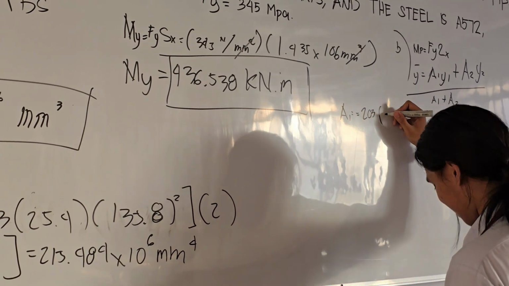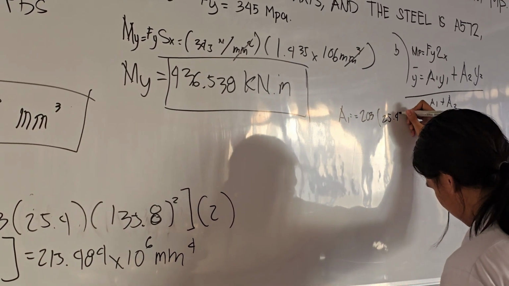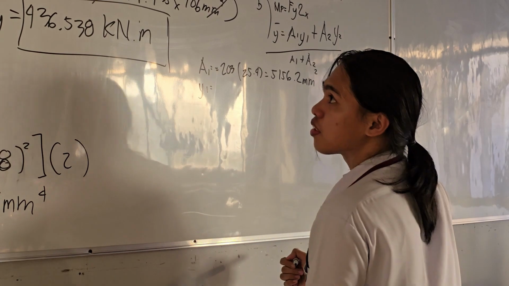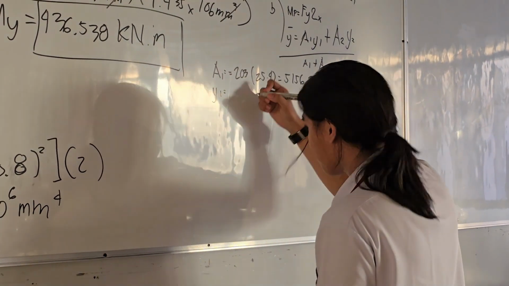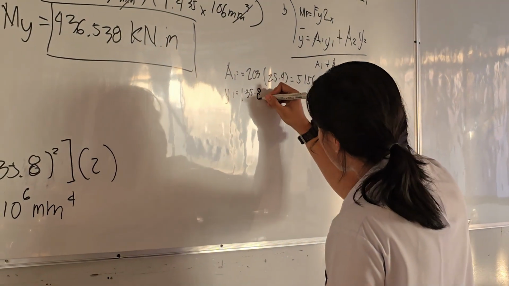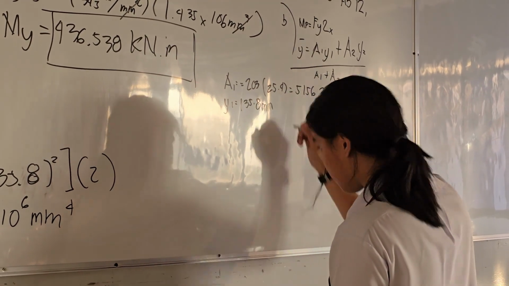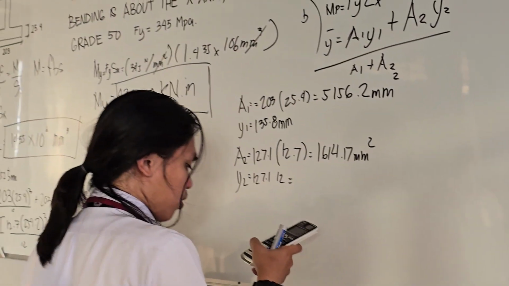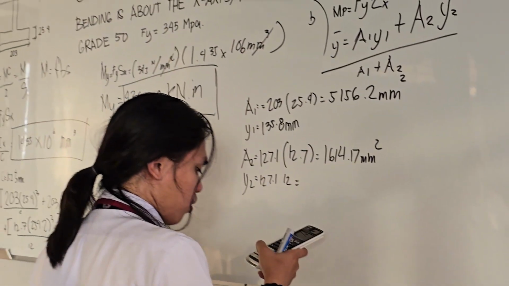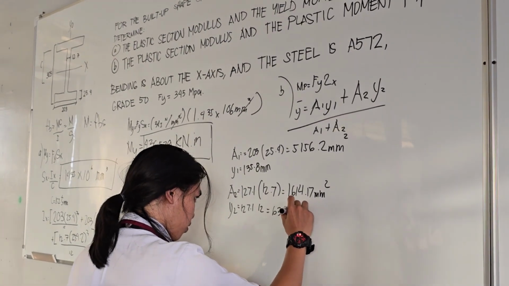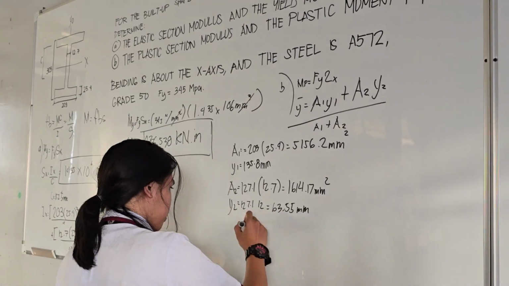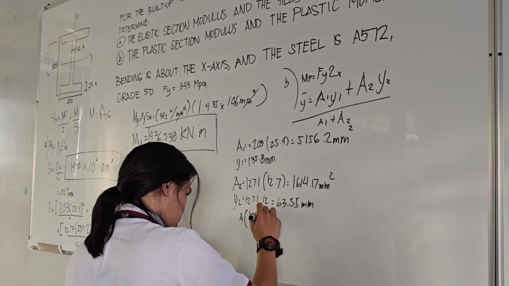Equation 1 is for A1, 203 times 25.4 equals 5,156.3 mm squared. For Y1, 139.8 mm. Equation 2 is for A2, 127.1 times 12.7 equals 1,614.17 mm squared. For Y2, 127.1 over 2, and we get 63.55 mm. Combine all and distribute to the Y bar formula, and the final answer is